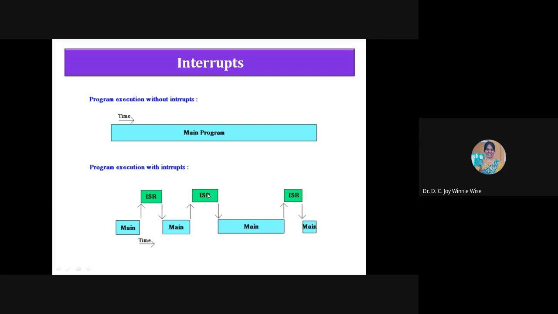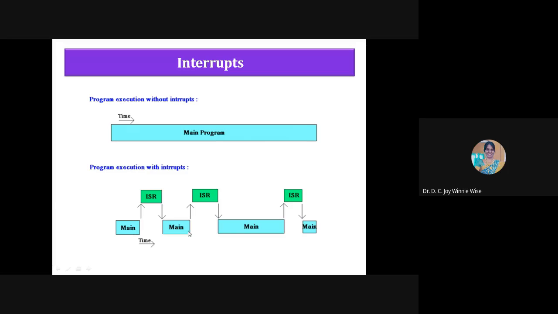So that is the interrupt service routine. It's a task that you're going to take the lunch. Then after taking the lunch, again you are coming back and the studying is in process. Then the time is 4 o'clock, so you are going for the tea break, and then again you can continue with this. So you understood this? What is an interrupt? This is the main program without any interrupts, so you are going on studying.